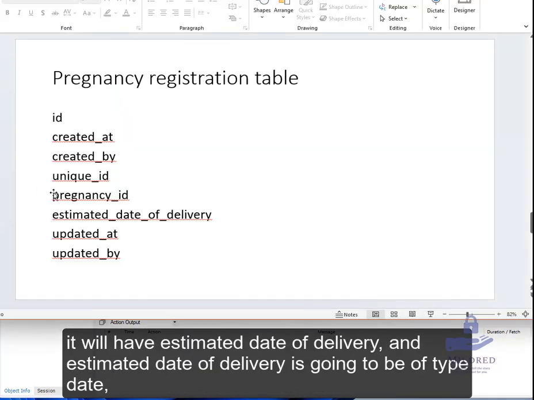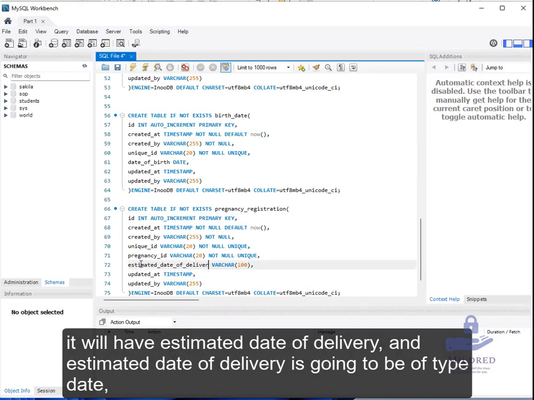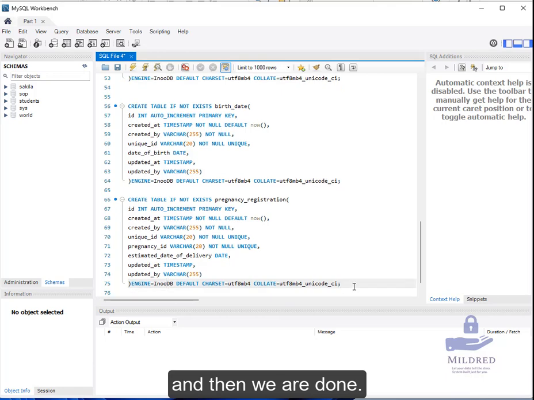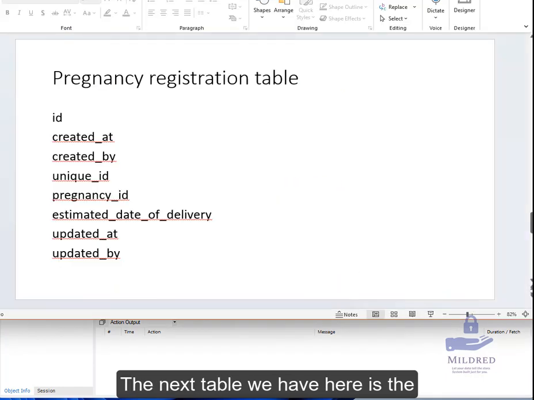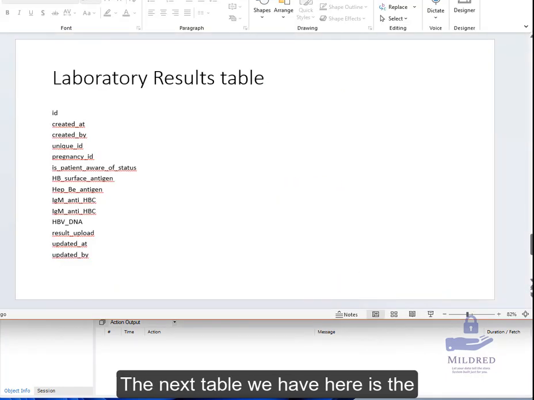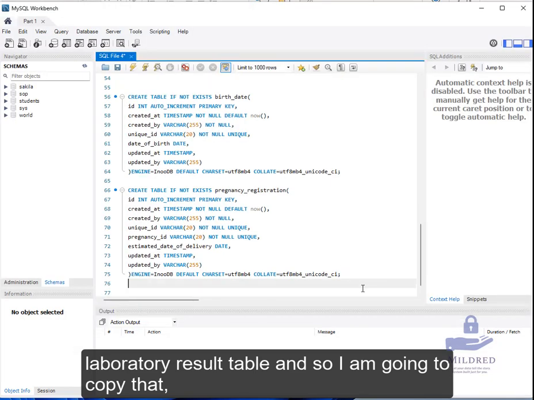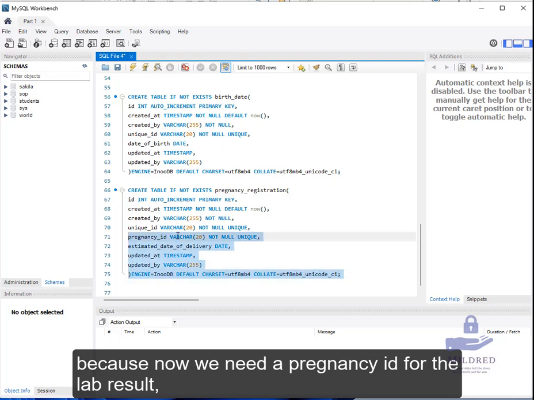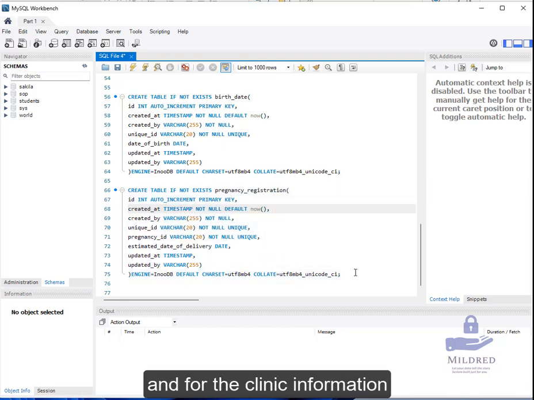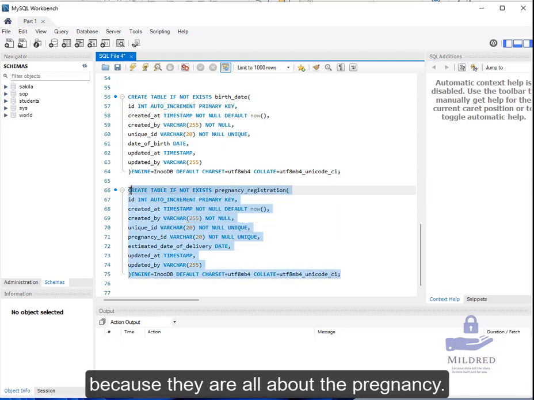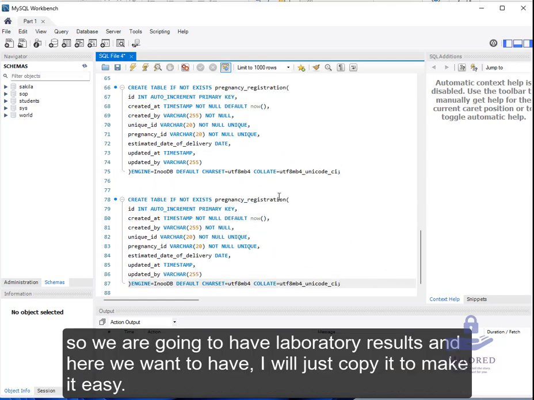It will have estimated date of delivery, and estimated date of delivery is going to be of type, let's say, date, and then we're done. The next table we have here is the laboratory result table, and so I'm going to copy that because now we need a pregnancy ID for the lab results and for the clinic information, because they are all about the pregnancy. So we're going to have laboratory results, and here